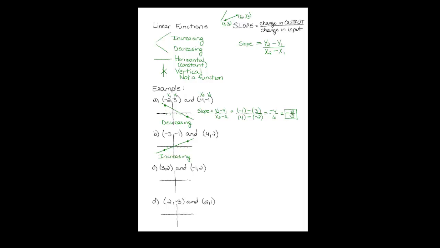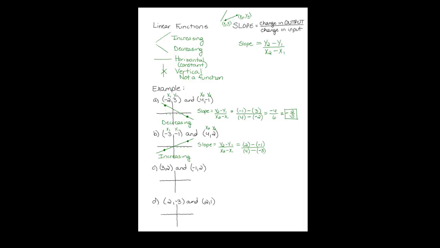All right, and we can determine the slope. The slope is y2 minus y1 divided by x2 minus x1. So labeling the points, this is going to be x1, y1. This is x2, y2. Plugging everything in, y2 is 2 minus y1 is negative 1 divided by x2 is 4 minus x1 is negative